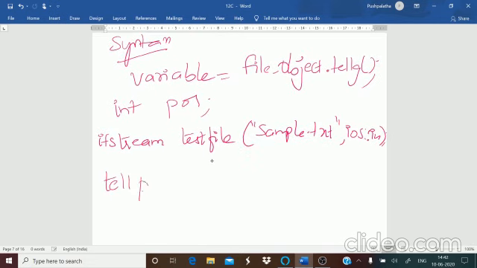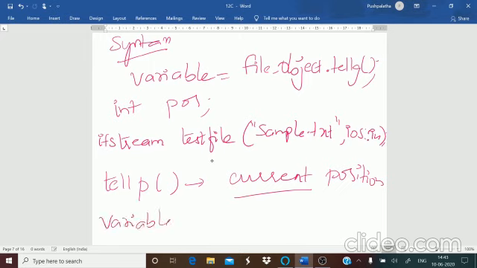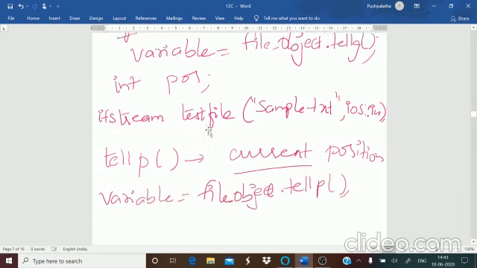In the same way, tell p returns the current position of the put pointer. The syntax for this is variable equals file object dot tell p.